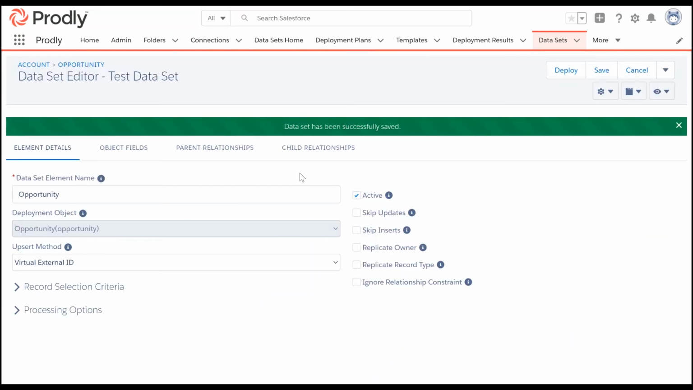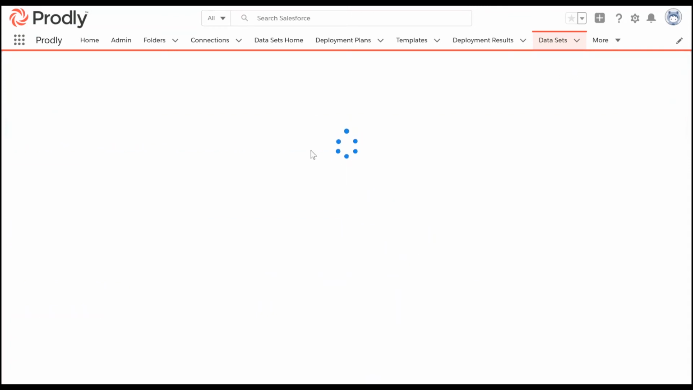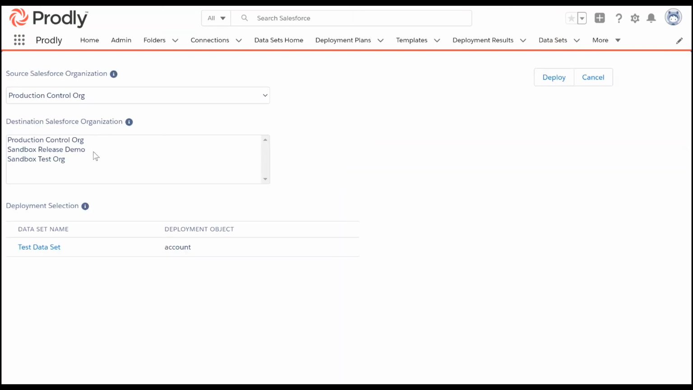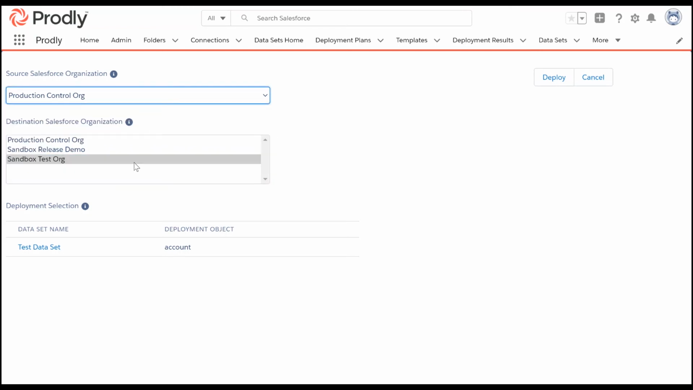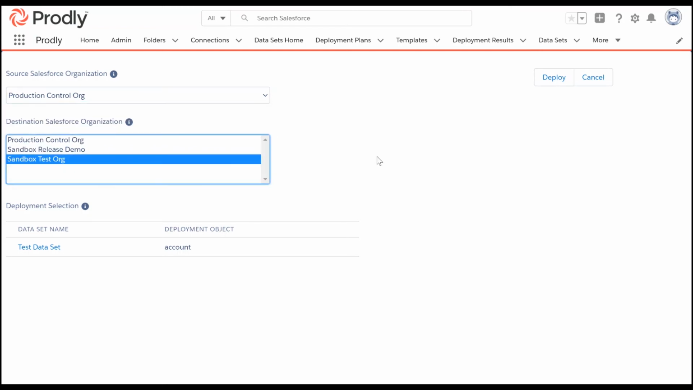Now that we have our data set built for seeding accounts, contacts, and opportunities, it's time to deploy from production into your sandbox. Click on Deploy. Specify your source org, which is production, followed by your destination org, which is your sandbox. If you have a need to seed multiple sandboxes at one time, you could choose up to 5 destinations as part of your deployment. When your source and destination have been set, click on Deploy, and AppOps Release will start